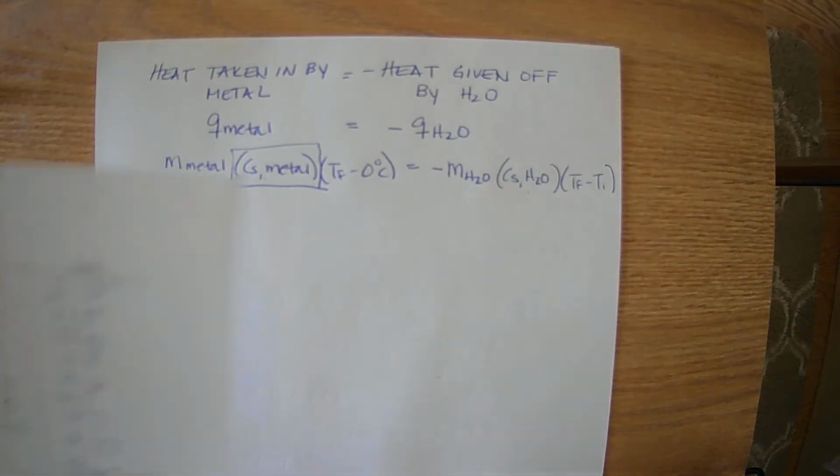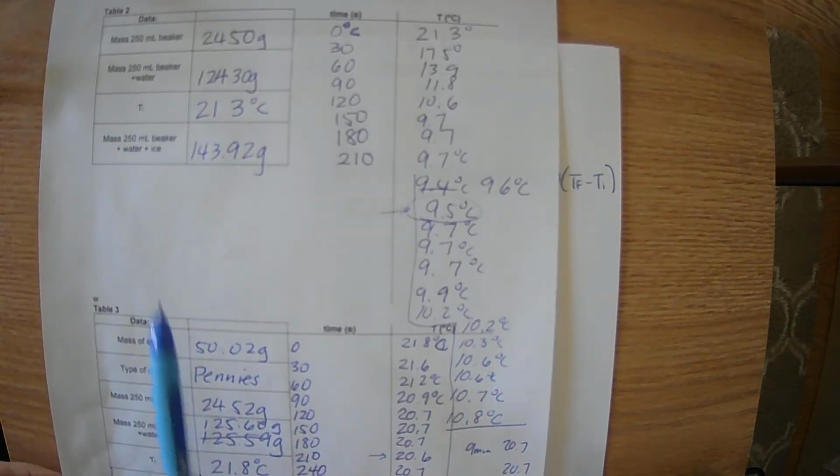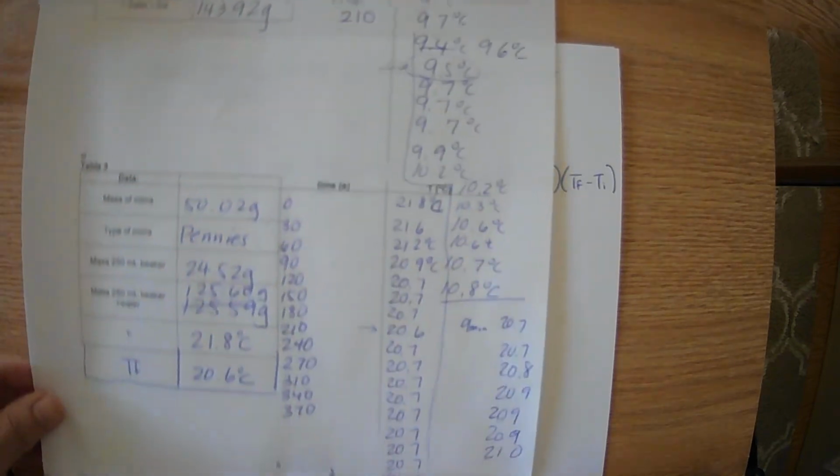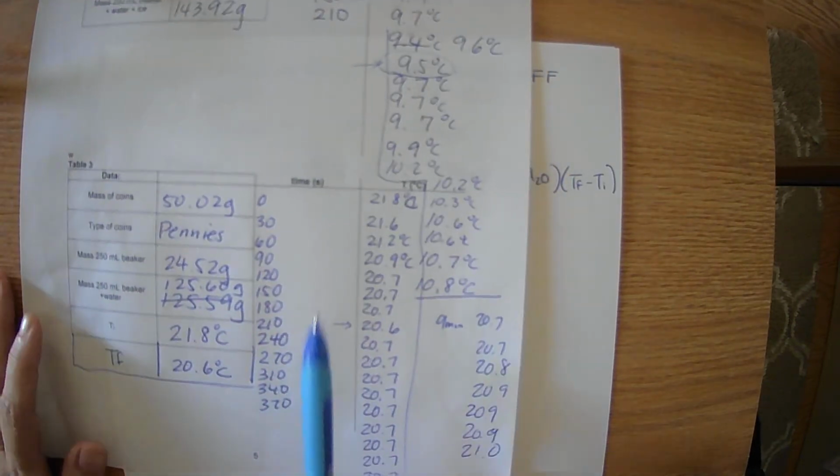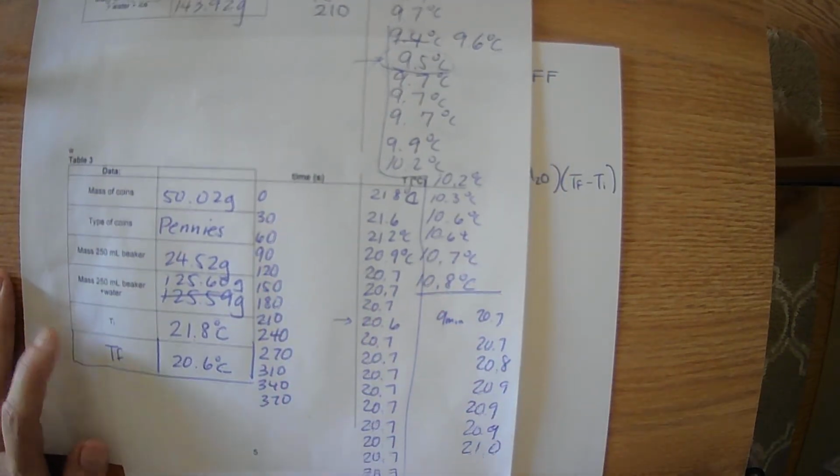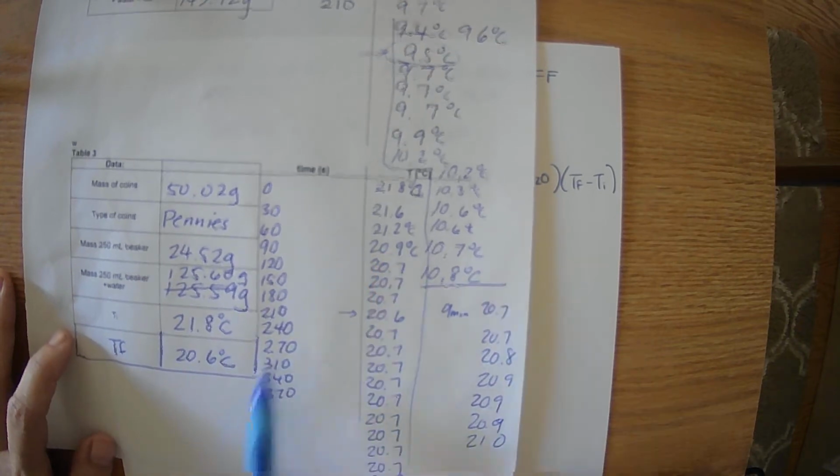Now taking a look at the data again. I'm going to redo this by the time you get the lab. We're going to make this one page each for table 2 and table 3, because there wasn't enough space. These take a little bit longer. So you're actually going to complete all of the times, but to give you an idea, so our T initial